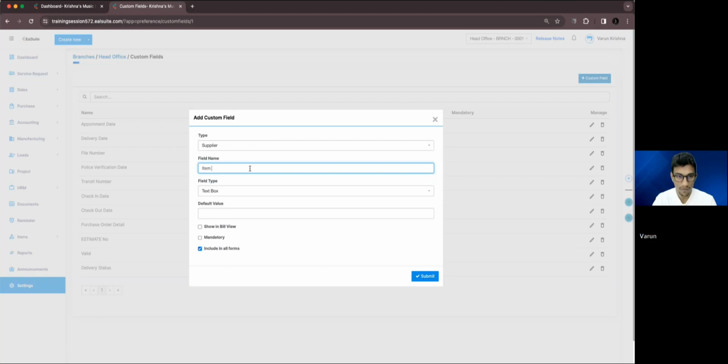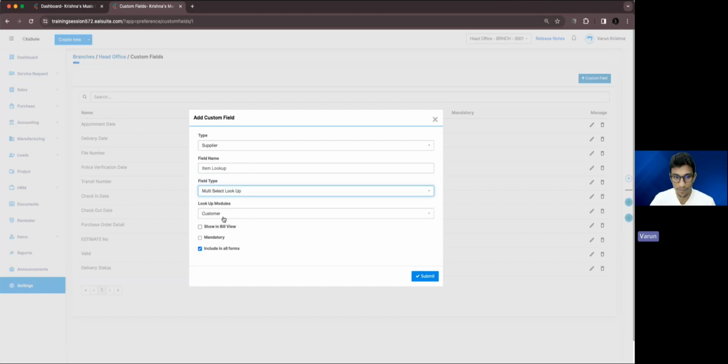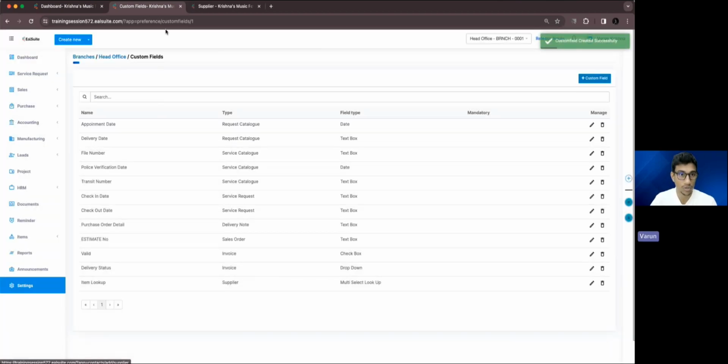So in such situations, I'm going to create a new field called item lookup. And the field type is going to be multi-select lookup, and I'm going to look it up from items. So in such situations, if you're going to create a new supplier,